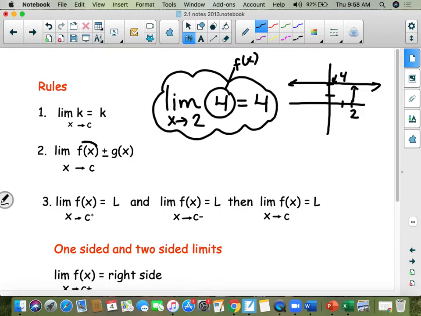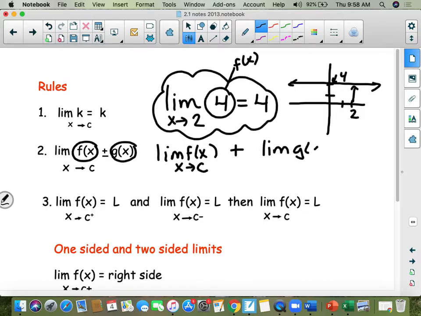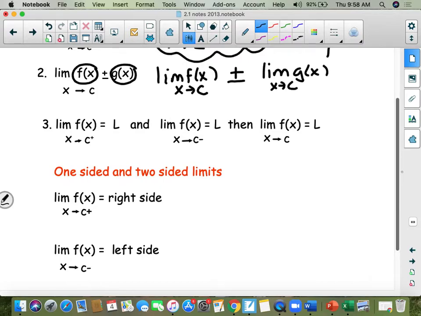If you have two different functions, f of x and g of x, you can split them up. You could do the limit of f of x as x approaches c plus the limit of g of x as x approaches c. So you can split it up, plus or minus. Okay, the next limit formula is